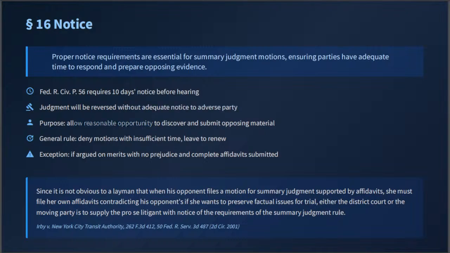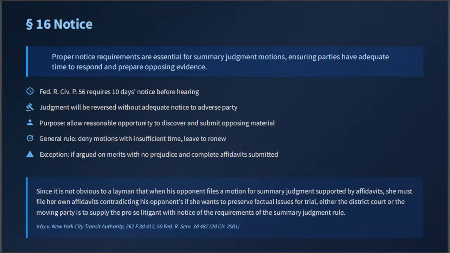The purpose is to allow reasonable opportunity to discover and submit opposing material, so that 10 days notice. General rule: deny motions with insufficient time and give them a leave to renew. A leave is permission to do something outside the normal rules, so you take a leave to renew. The exception is if argued on the merits with no prejudice and complete affidavits submitted. So that's your exception here. If it's argued on the merits with no prejudice and complete affidavits are submitted, then there could be an exception